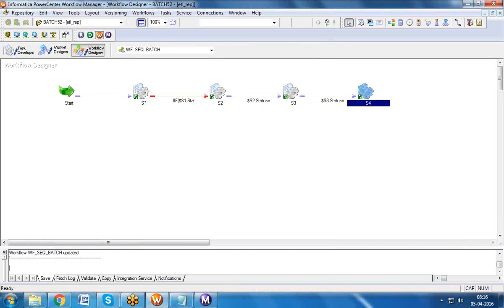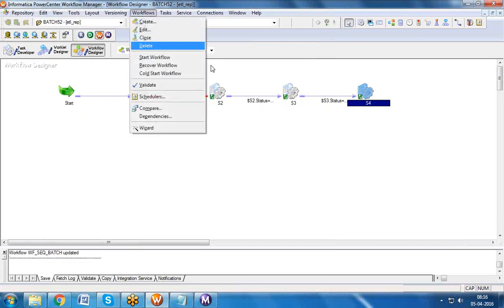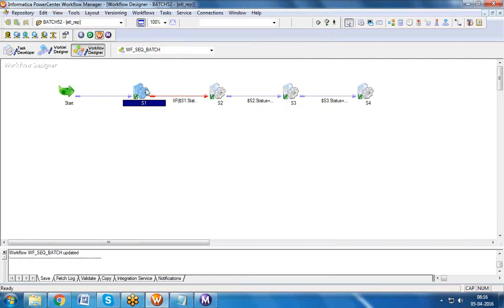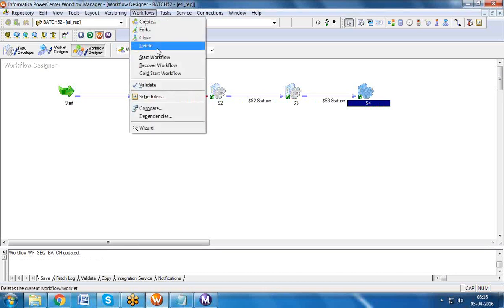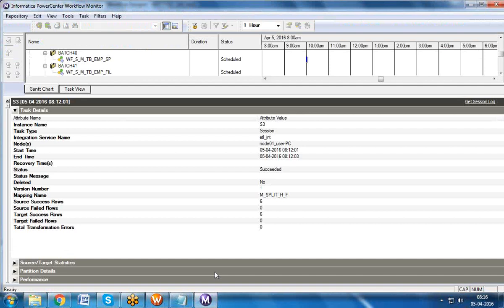Save it. Now see, when I execute the workflow, what is going to happen? After completion of this, the next will trigger. But as this session got failed, the rest of the sessions in the workflow will not trigger, and your workflow status will be failure. Let us see whether I achieve the requirement or not.